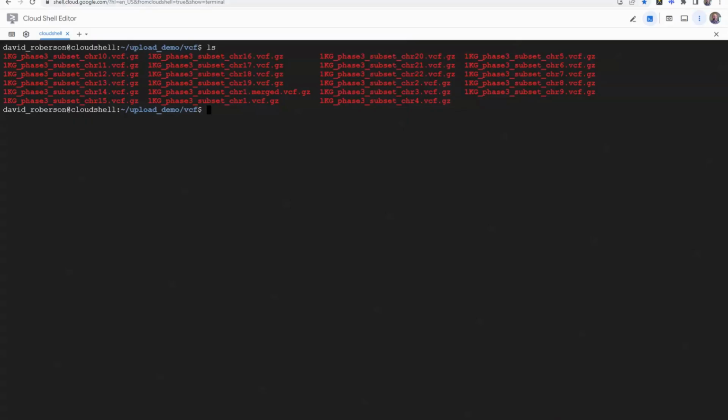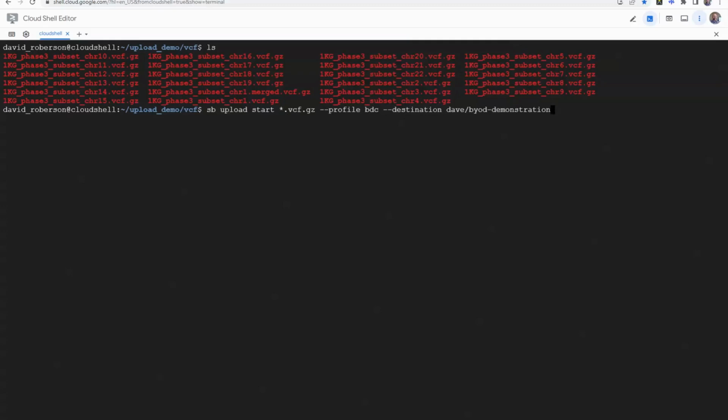So the command that I like to use is SB upload start, followed by a wildcard for all of the files. So star vcf.gz will work. Then you need to indicate your API token, which is done through the SB config command,